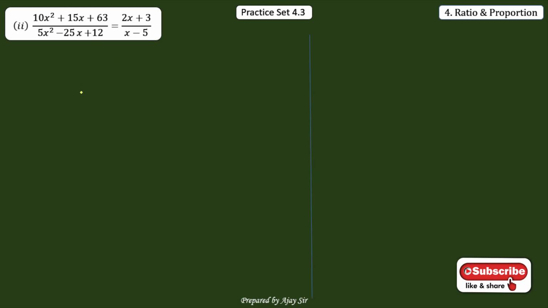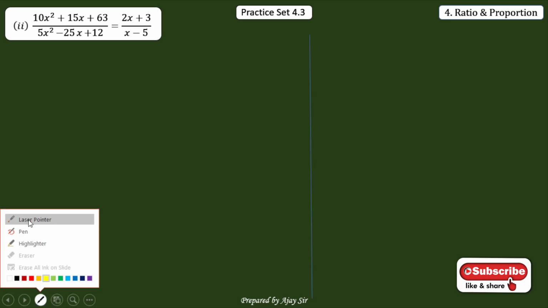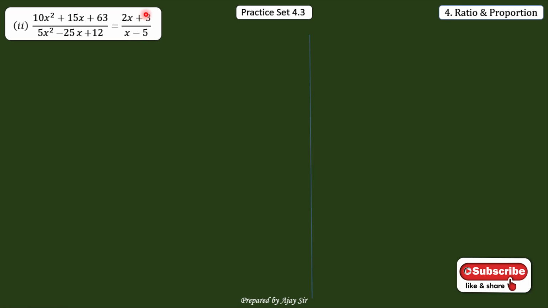So here again, numerator and denominator it is given. Let us first observe this. So here this is the numerator and this is denominator, and here this is numerator and this is denominator. But here if you observe this denominator, there is 5x square. If you multiply it by 2, then it converts into 10x square, and this will convert into 50. Means this term is greater than this, means we cannot convert that into plus 15.